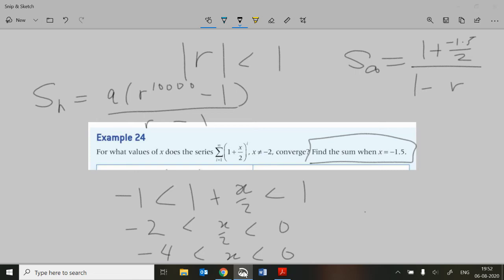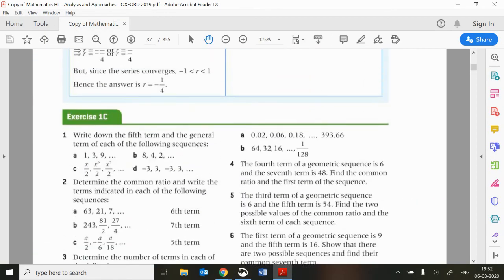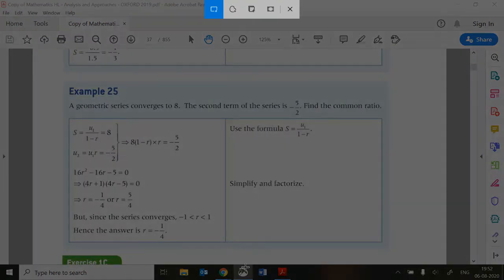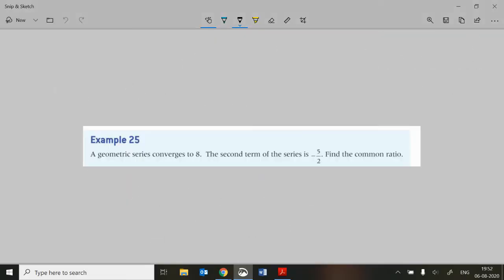Okay, right, example 25. Okay, so it says a geometric series converges to 8. So what does that mean? That means that our sum to infinity is equal to a over 1 minus r is equal to 8. The second term of the series is